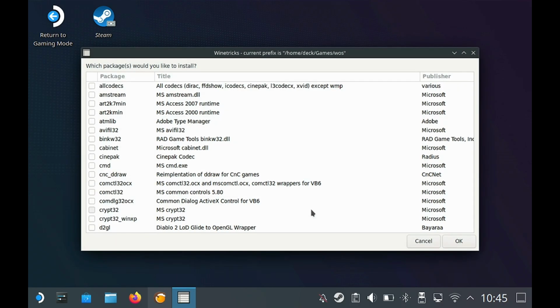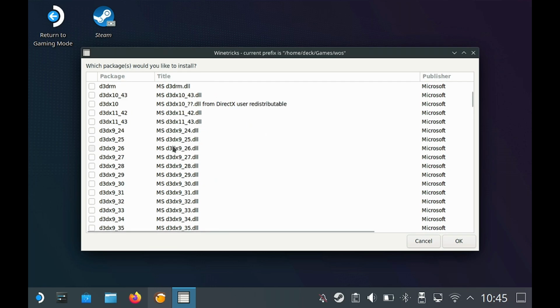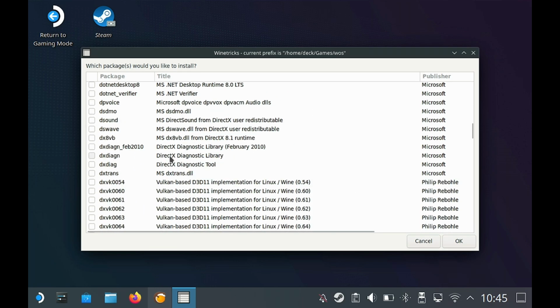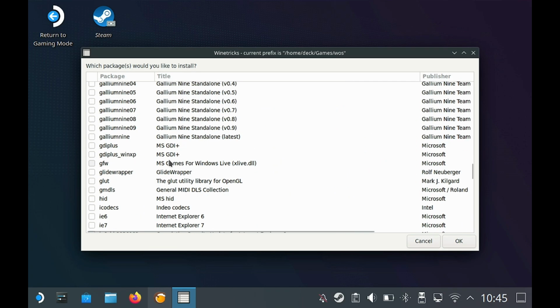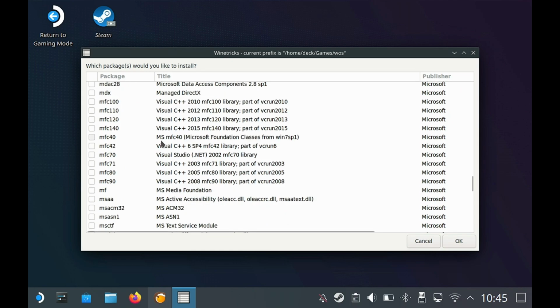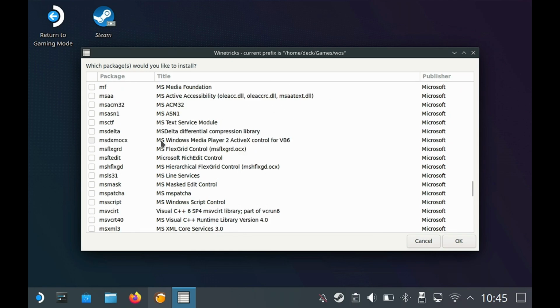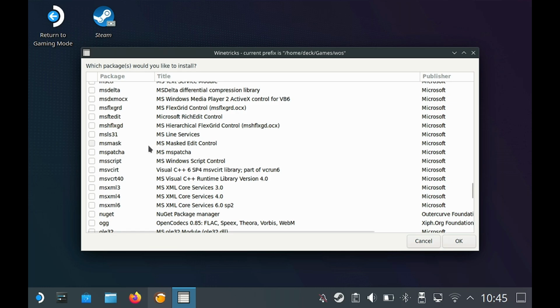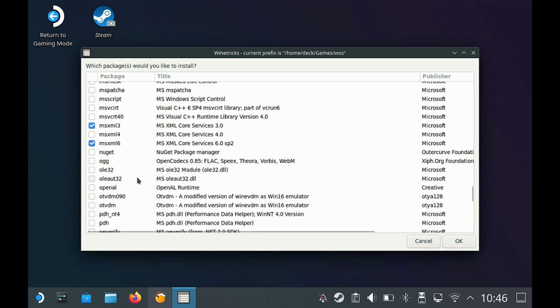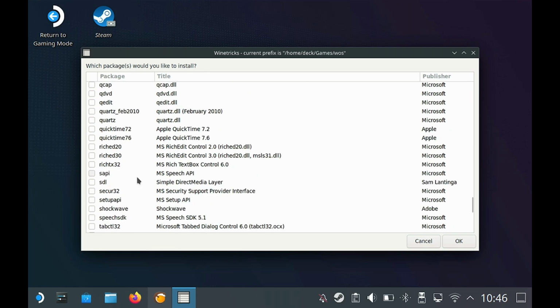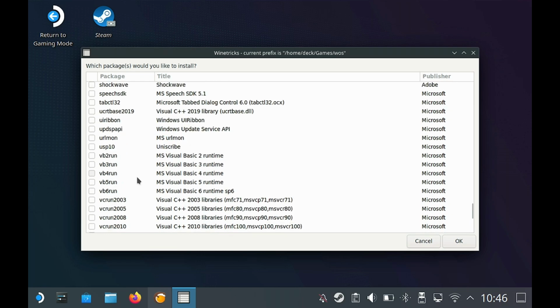Just wait a few seconds. Alright, so here we need to basically scroll down to the letter M. Alright, so we're going to just go down a bit lower, and we need to basically check MS-XML3 and MS-XML6, and then go down again and then select VC Run 2005, and then we're going to click on OK